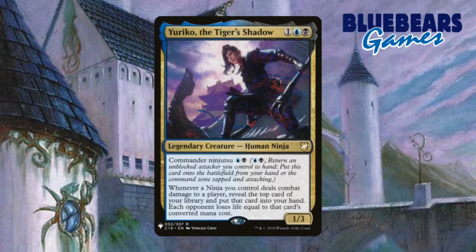To start things off, let me tell you exactly what Yuriko does first, and then I'll show you the rest of the deck. Yuriko is 1 black, 1 blue, and 1 generic mana for a 1/3 legendary human ninja with 2 abilities. The first ability is called Commander Ninjutsu, with a cost of 1 black mana, 1 blue mana, and returning an unblocked creature you control to your hand. The second ability states that whenever a ninja you control deals combat damage to a player, reveal the top card of your library